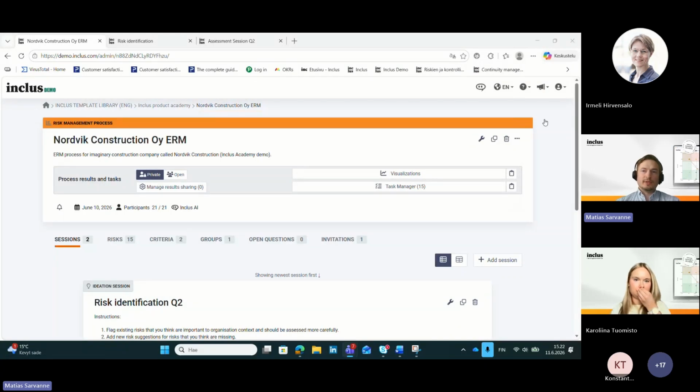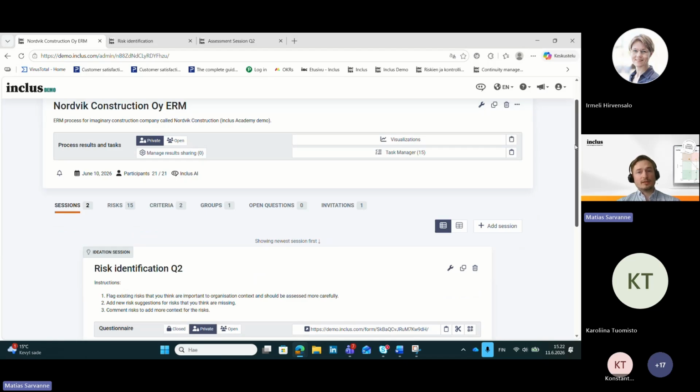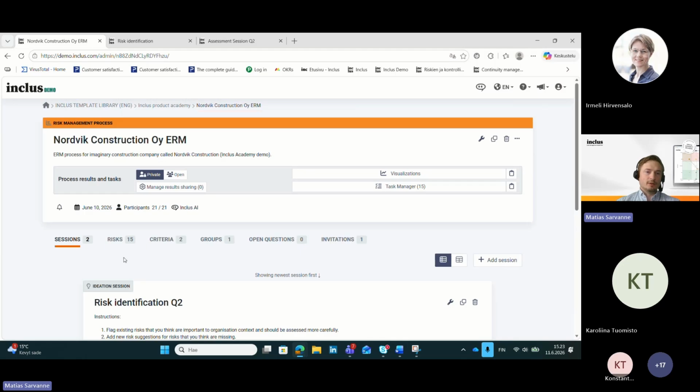There are a couple of ways to do it. You can work with Inclus in a workshop or in an online setting where you send separate invitations and collect the data before workshops. Here I will show you the same example that Carolina just showed you. What I'm showing is the admin view, and all of these things that Carolina showed are usually the process owner